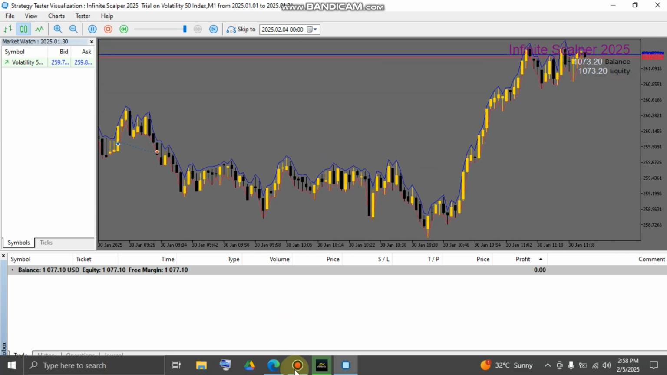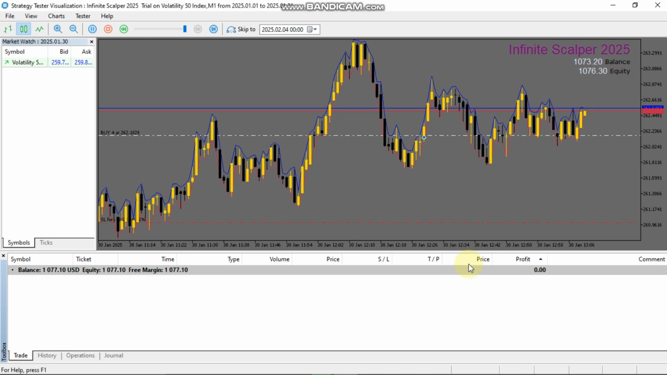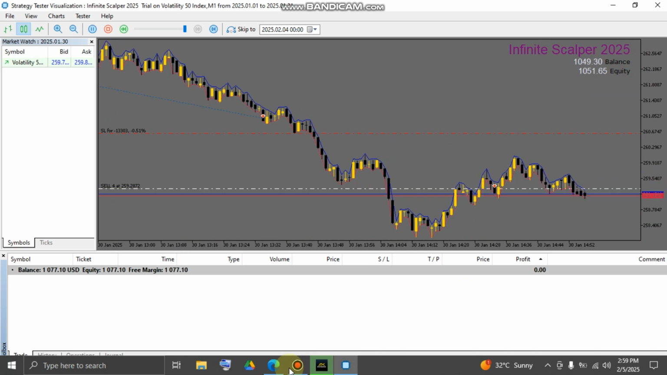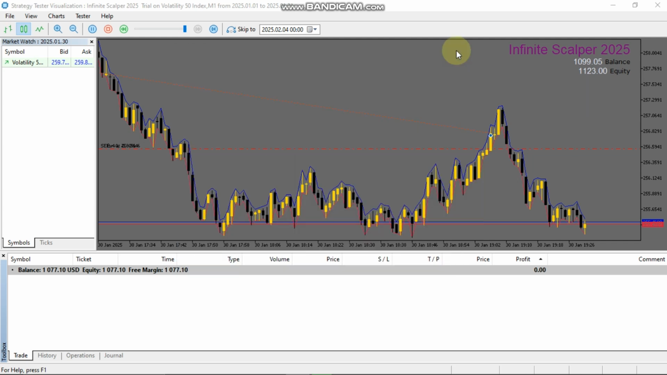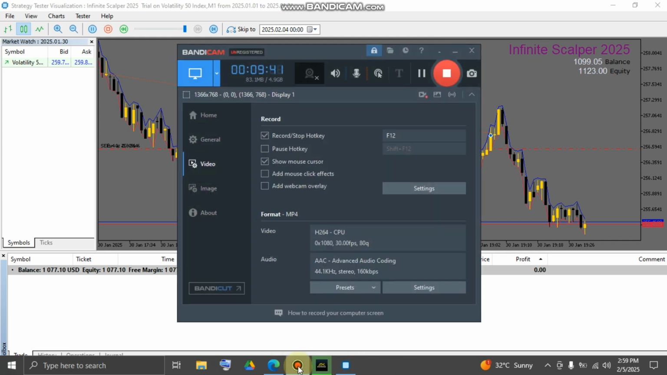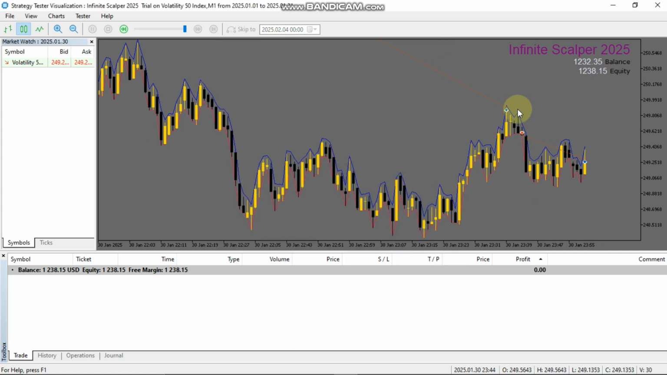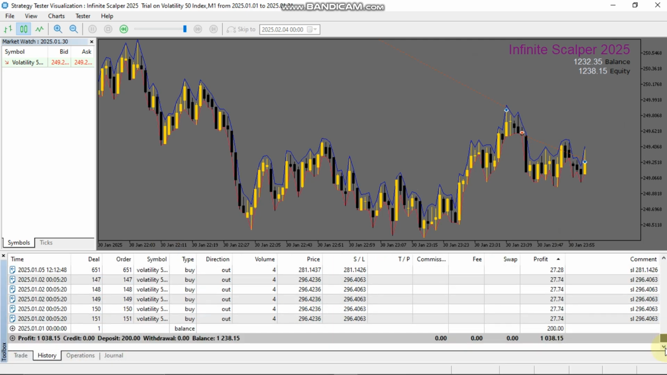Okay guys, so as you can see, this robot, we are already on 1000 USD, guys. So guys, as you can see, it's 31 January, we are done trading. As you can see, from a deposit of 200 USD, we made a profit of